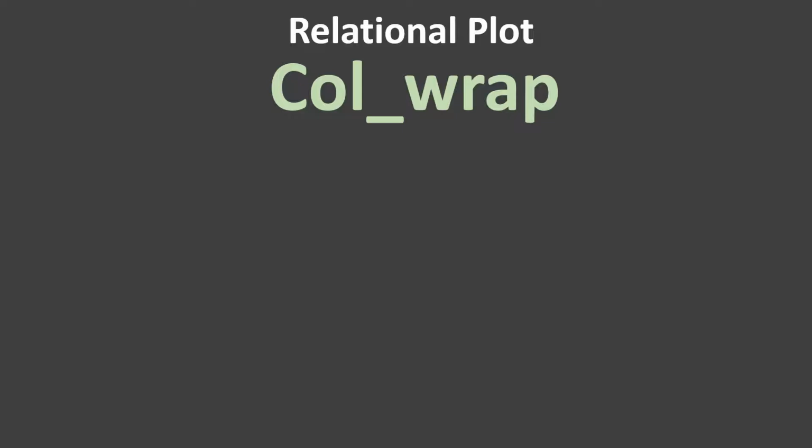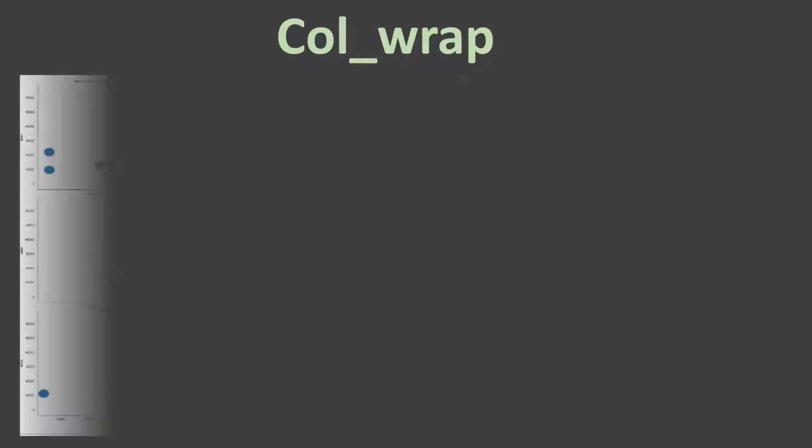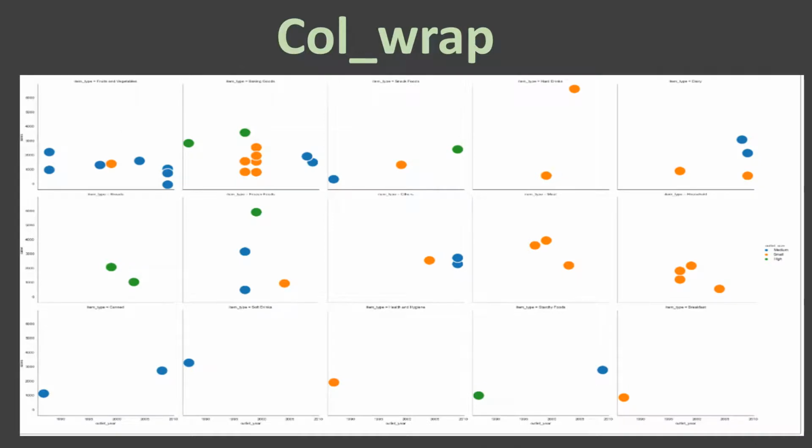Now if you create a different column for each of these unique items, you would end up having 15 different charts which look something like this, which makes absolutely no sense because this is not visible at all, right? So that's where it gives you an option to specify the number of columns, and whatever does not fit in those columns is extended to the next row. In this example, I gave 5 in col_wrap, and if you see, we have only 5 columns over here, and whatever chart does not fit in the same row is extended to the next row.